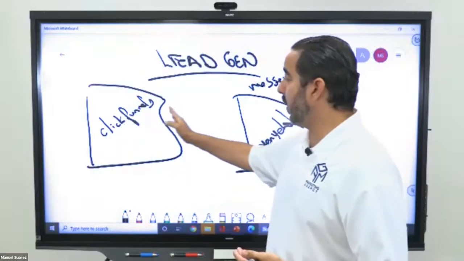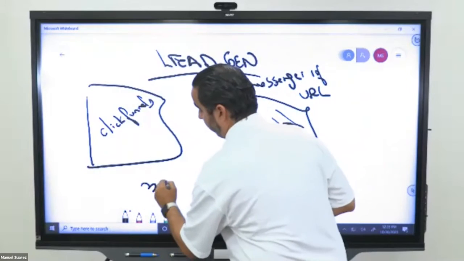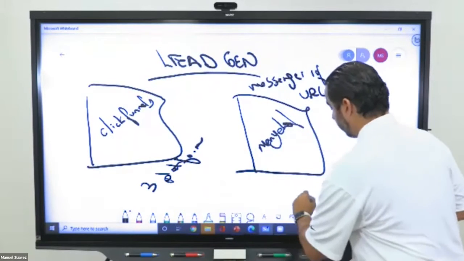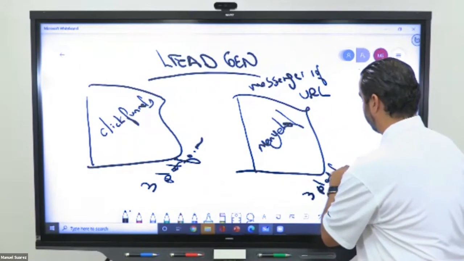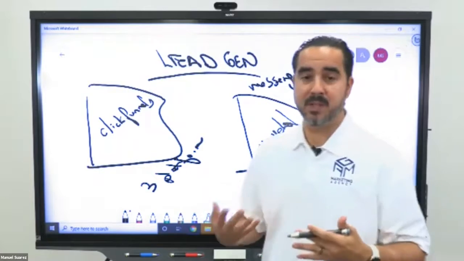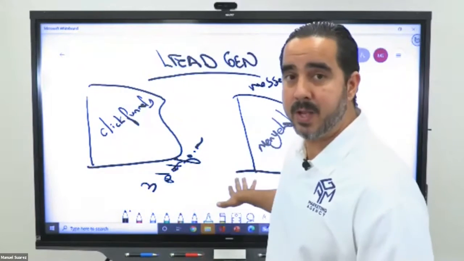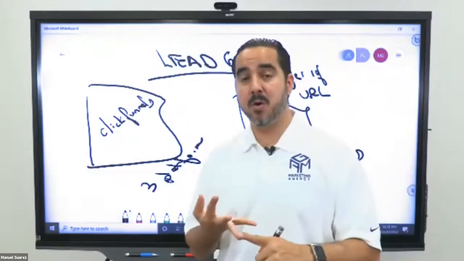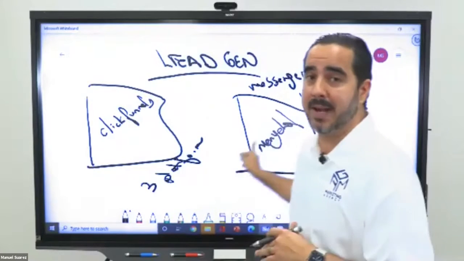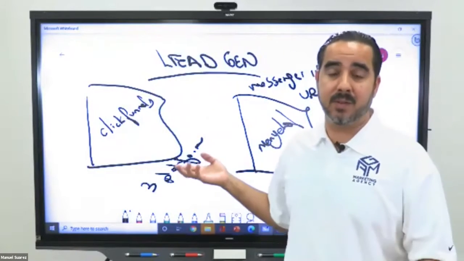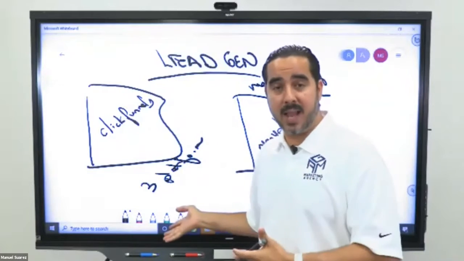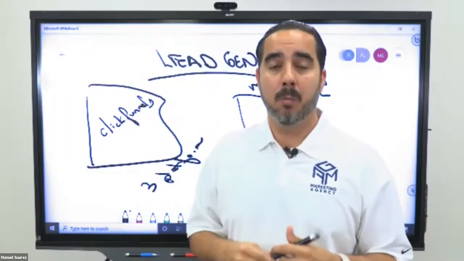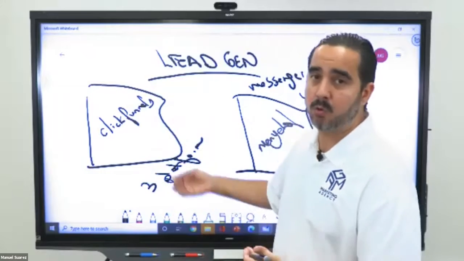And we can generate three types of platform leads here. For example, when they come into ManyChat, they become a subscriber on Messenger. Then we say that for them to participate, we need their phone number and their email. So we got three pieces of identity. When they go into ClickFunnels, we give them information. They put their name, phone number, and email, and then we redirect them on the thank you page to ManyChat. If you guys want to go ninja, that's what you do, and that's something we trained people on in the past. On the thank you page, you redirect them. You say, hey, hold on a second, I want you to go to Messenger because I have a special message for you. And then you also have a subscriber on Messenger.